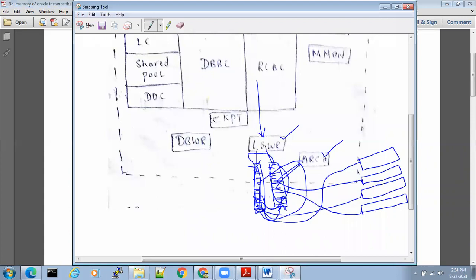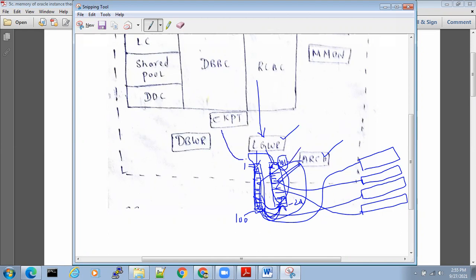So I told you, log writer is writing from transaction number 1 to transaction number 100. So when it's switched, it starts writing from transaction number 101 to transaction number 200, right? So here the checkpoint is 101. 101 is the checkpoint, means it switched from 100 to 101 and started writing into 101. So the checkpoint will be 101.